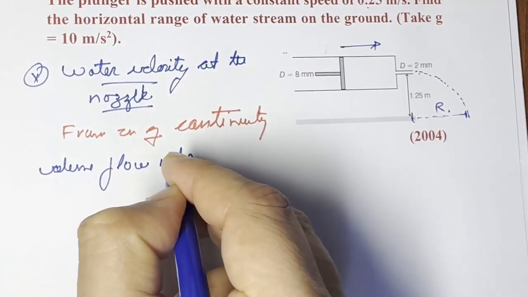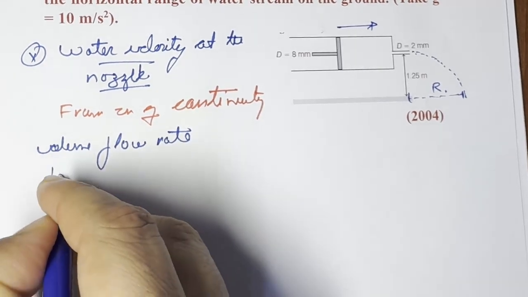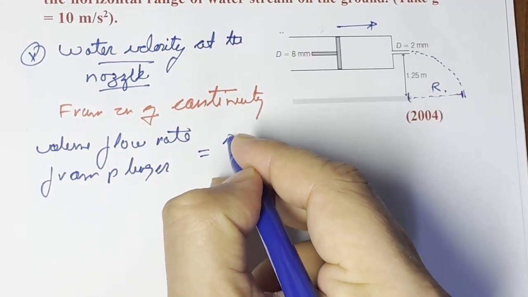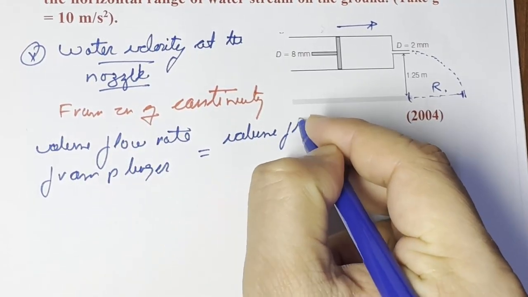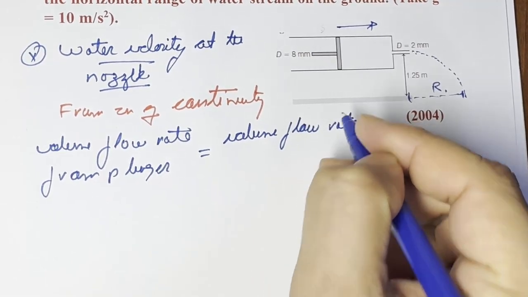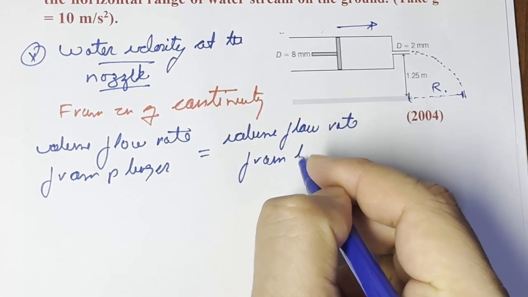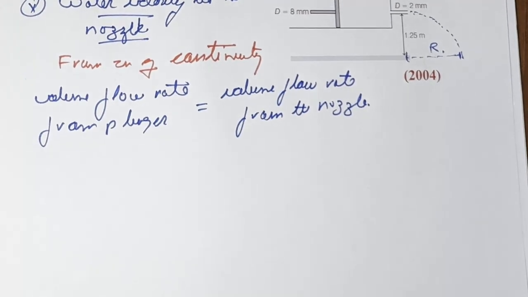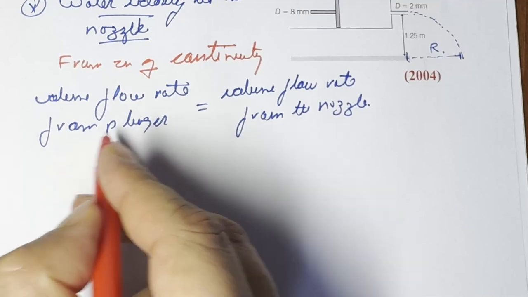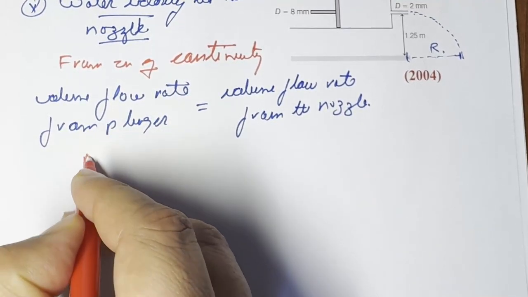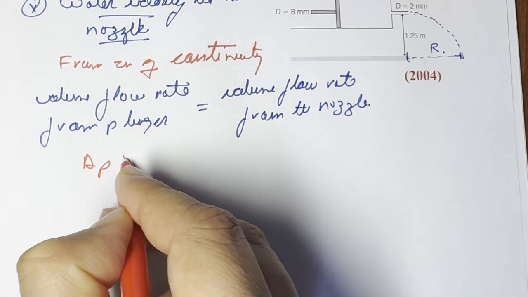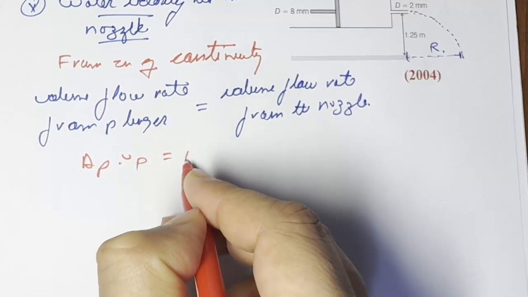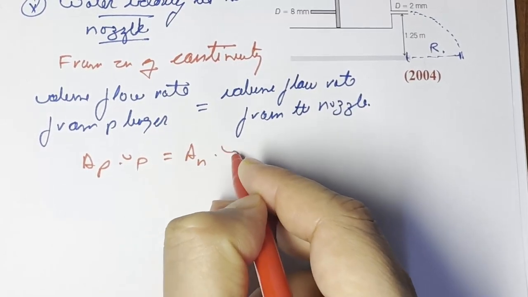We can write it in equation form. Volume flow rate from the plunger will be equal to the area of the plunger multiplied by the velocity of the plunger, and that will be equal to the area of the nozzle multiplied by the velocity through the nozzle,